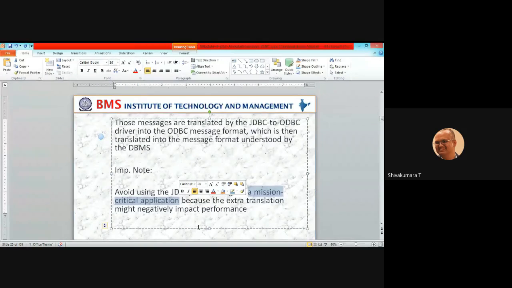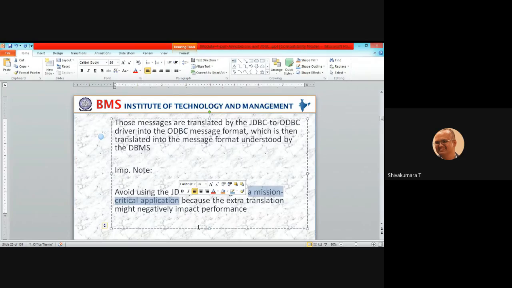Suppose a flight is flying. There, if you use the JDBC Java concepts with the JDBC ODBC driver, and suddenly somebody comes and you need to apply the brake, that is a mission critical application. Otherwise, you need to take off the flight, or you need to land the flight.